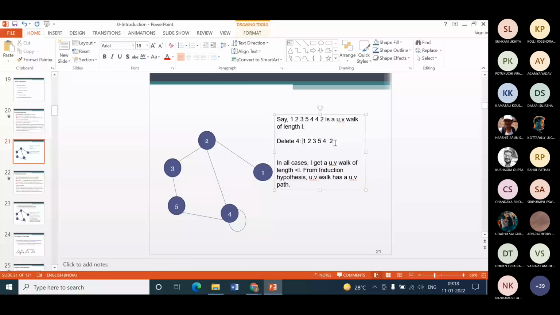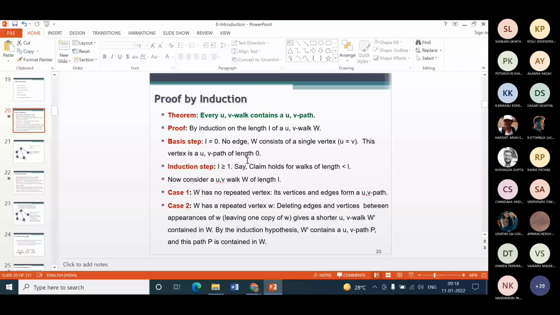Now this walk has length less than L. Now by induction hypothesis, the claim holds for lengths of length less than L. That means